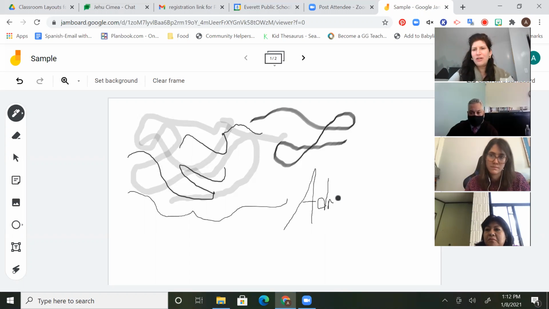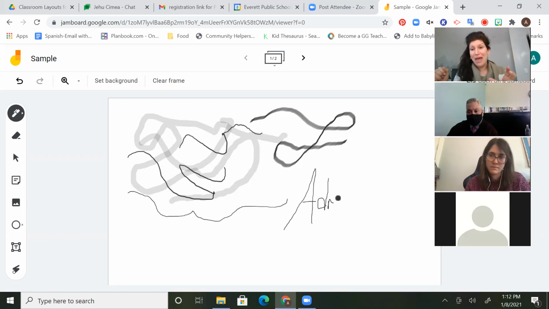I know he got one through Apple, and I think he said it was like $60. Basically it's a pad that comes with a stylus, and you write on that pad. Then it writes on the Jamboard for you using the pen feature. But instead of writing with the mouse, you're writing with a stylus on this pad. So that might be something you would want to consider if you wanted to use the marker feature